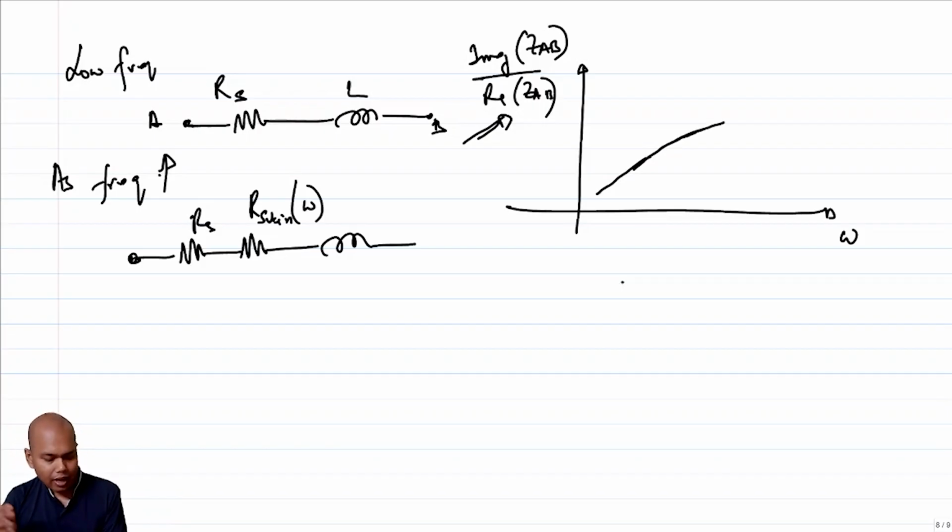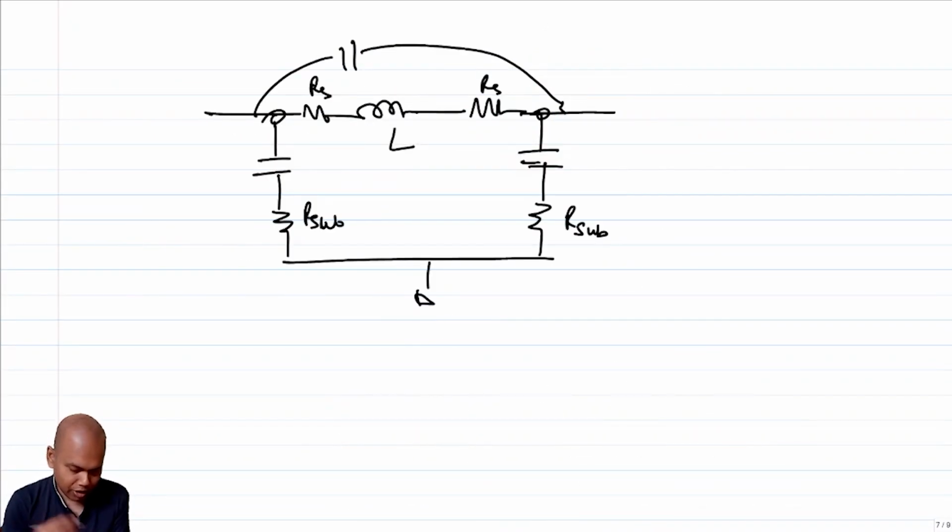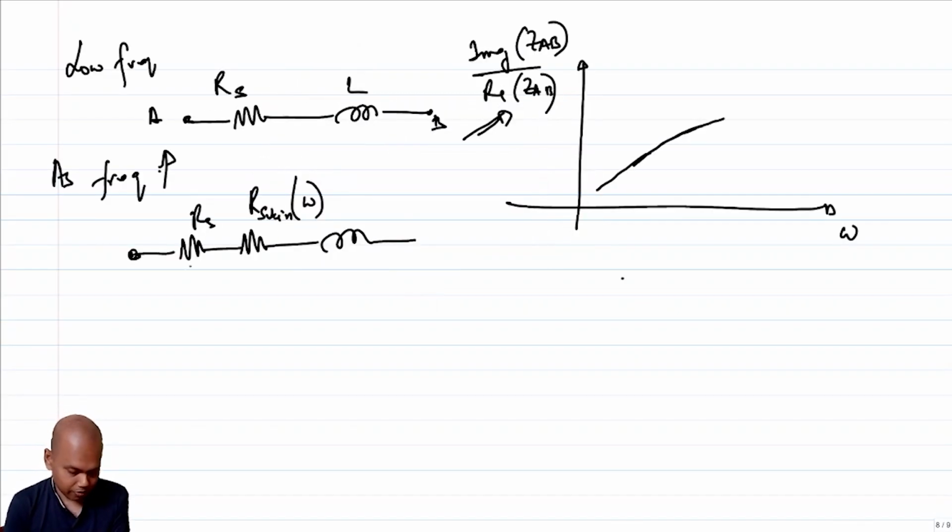Right? And even when you go to even higher frequencies, what's going to happen? So at very high frequencies, now I'm going to make an approximation. Let's assume that I'm working at such a high frequency that this C sub is shorted, right? If the C sub gets shorted, what am I going to see? I'm going to see this R sub